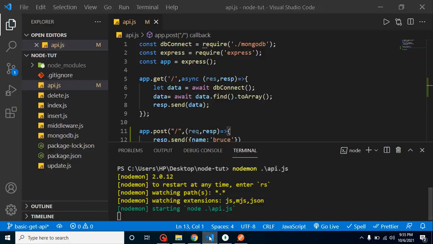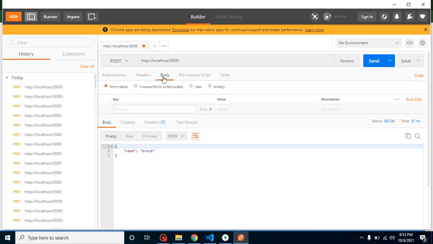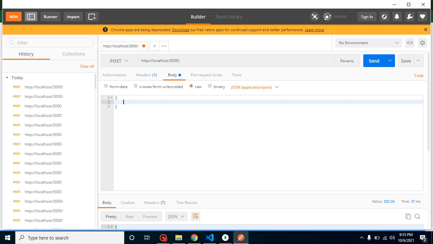Node.js application. For that we just need to select the body. Here you will find the various types of data like form-data, x-www-form-urlencoded, raw data and binary data. 99% there is a chance that we will use JSON data here. So just simply use JSON, and now let's create some dummy data. Let's say name is Peter. And now let's try to receive this data inside our